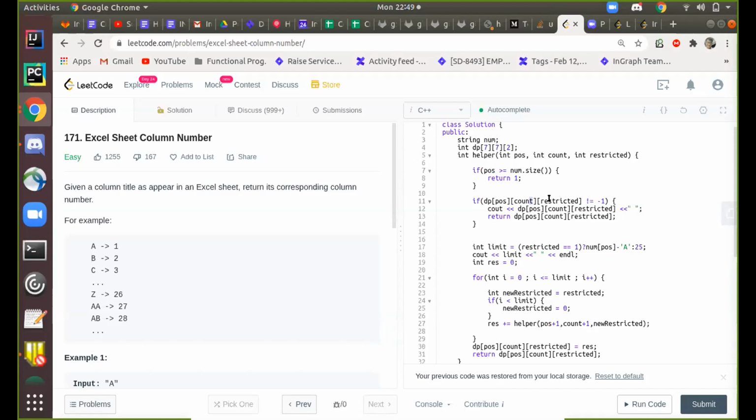So the limit should be lesser than I. Okay, your limit is coming here. So your limit will be if the restricted is 1, then it will be whatever that position minus A, or it will be the fixed value. Yeah, because you are having that Y, therefore your restriction will come here. Then you just want to traverse that portion, and therefore you are doing it one by one. Now I'm actually getting some idea about it.